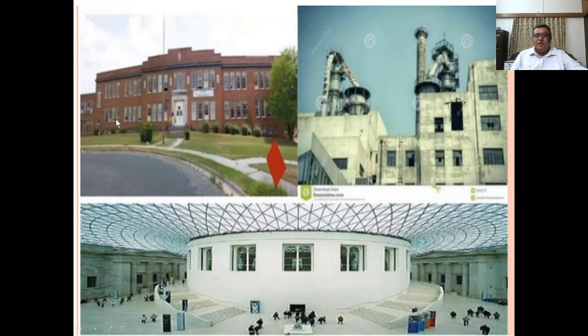Here we can see an administrative building. Here we can see an industrial building. So for functional character, the external elevation gives the appearance of the function. Then this, I think, is a mall-like commercial building. So these three buildings have three different purposes, and their external appearance shows the functional character of the structure.